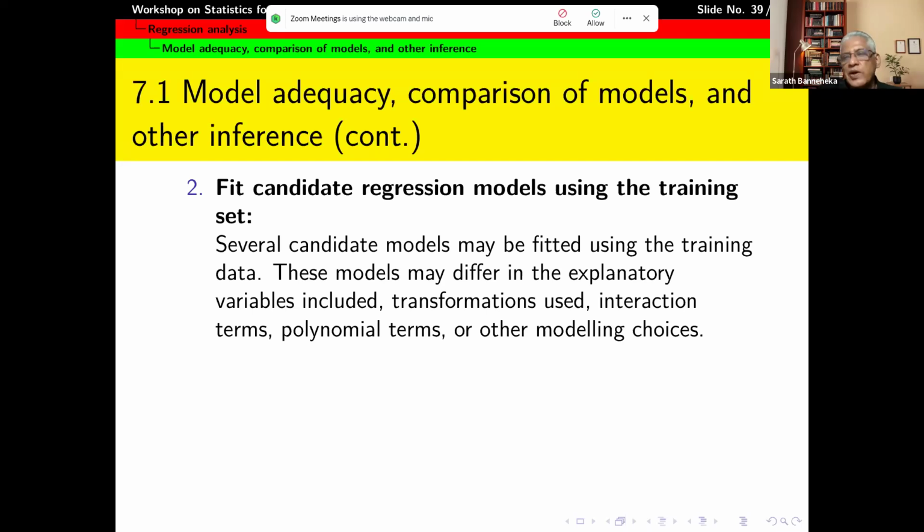Maybe in one model you have X, in another model maybe you have log X, and that kind of different possibilities you look at. And then some models may have interaction terms, that is the product terms. Some may not have interaction terms. Some may have polynomial terms. Some may not have polynomial terms, and so on. You try several models